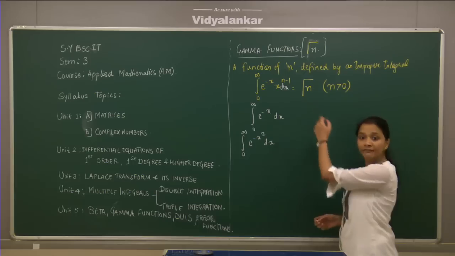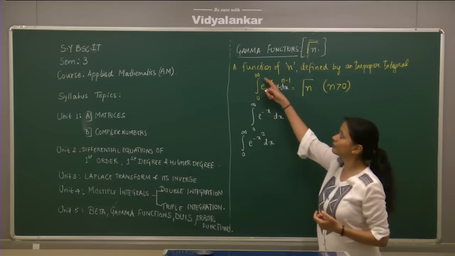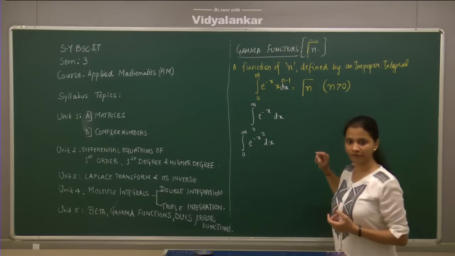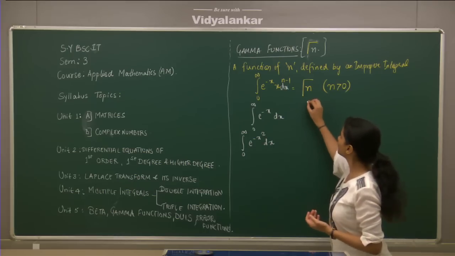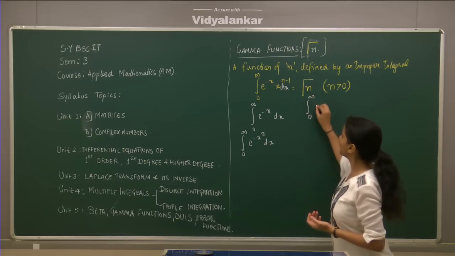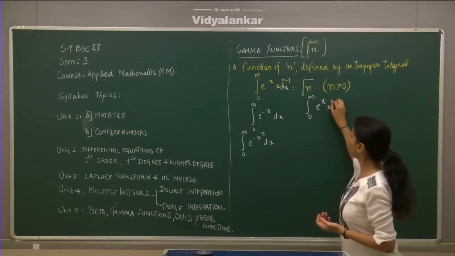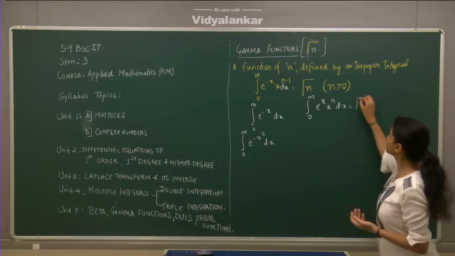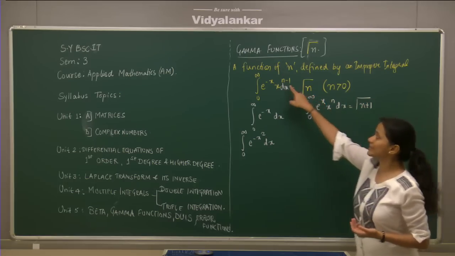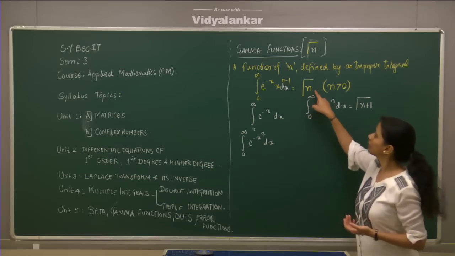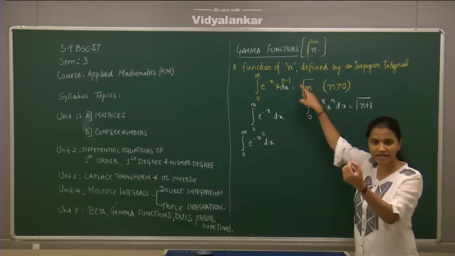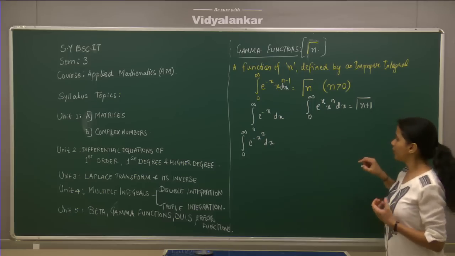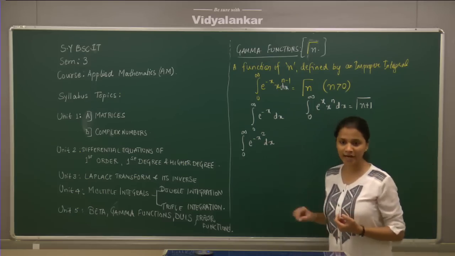You just need to remember the definition which is given to you, 0 to infinity e raised to minus x, x raised to n minus 1, is equal to gamma of n. So now if I ask you what would be 0 to infinity e raised to minus x, x raised to n dx, you can simply tell me it will be gamma of n plus 1. Since it was n minus 1 in the power, the function was gamma n. Now it is n, so it should be n plus 1. Okay, so let us evaluate this kind of integration.